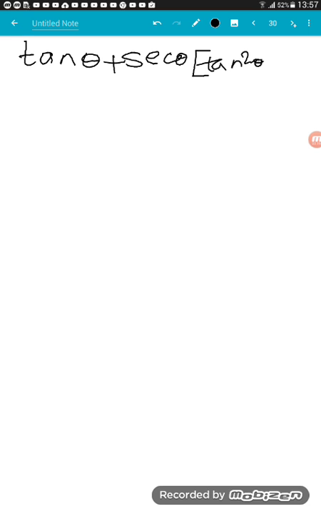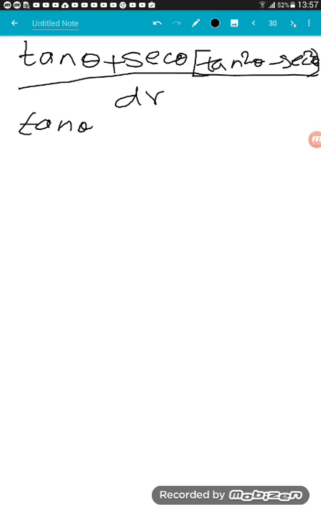So it will be tan theta plus sec theta, and this one, previously I solved it as plus or minus. It is wrong. It is not plus or minus, rather it is into. So it will be bracket tan square theta minus sec square theta by dr. So it will come as tan theta, this I said a square minus b square, so it will be a plus b into a minus b. So tan theta plus sec theta